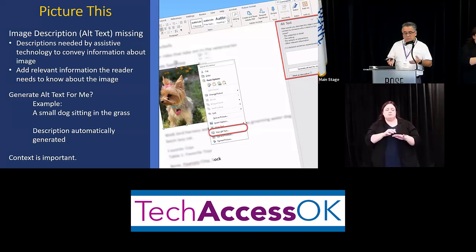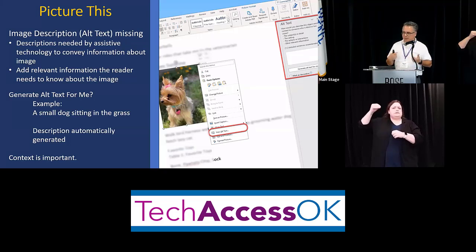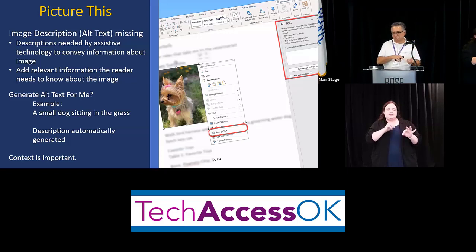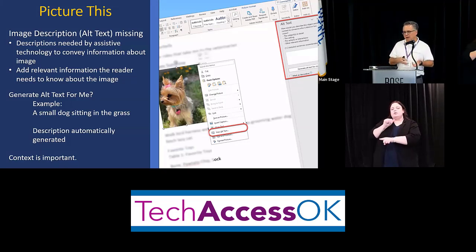It's not wrong, but if my article was about how pretty the dog is coming back from the beauty shop, there's no description about her bows in her hair, the beautiful sunny day, the way her fur looks brushed and combed, and the pretty heart-shaped collar. These are things I might want to convey that the generated alt text does not put in there for me. So it's not wrong to use this, but it also is not exactly why I chose that image.